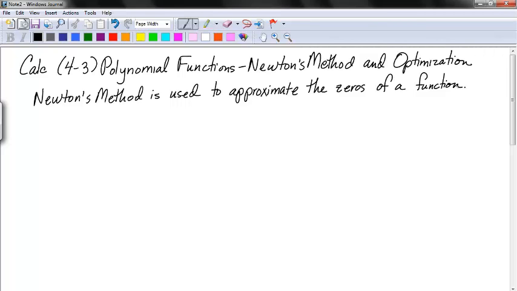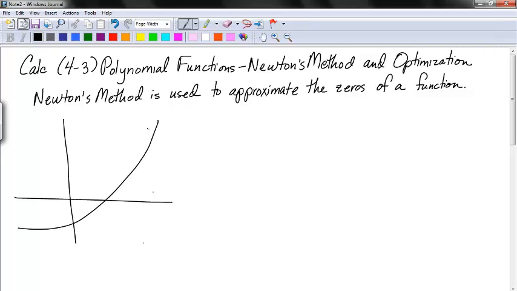method. Okay, so first, if we had a graph, and say I have a graph, I'm just going to show you part of it. Say I have a graph that looks like this. Okay, when you look at your calculator, the very first thing you do is you're going to make a guess, okay, as to where it crosses the x-axis, okay? And your guess is actually not going to be the exact answer, so it's going to be off a little bit. On this one, okay, if I say choose my first guess,